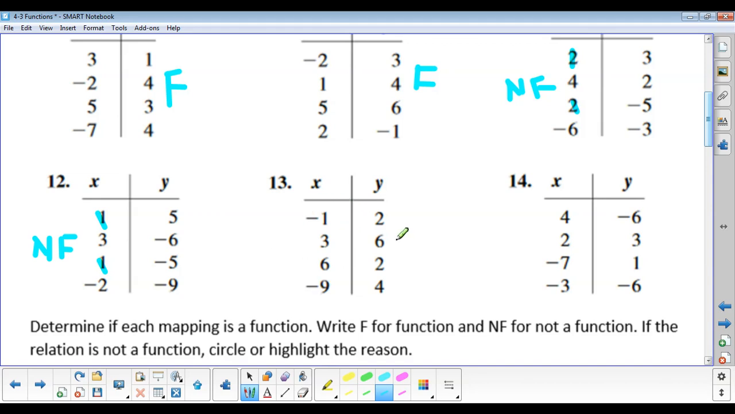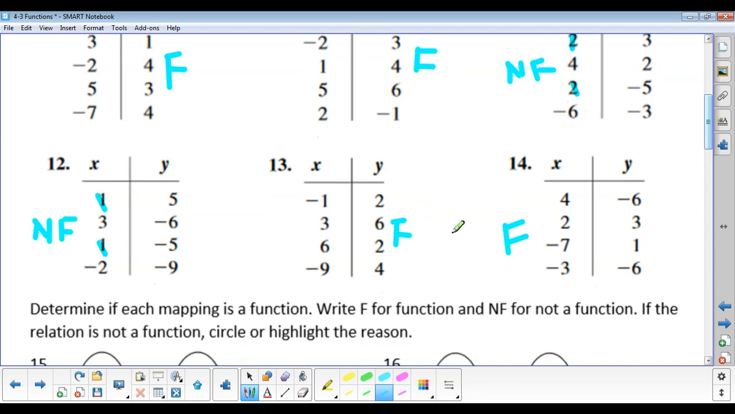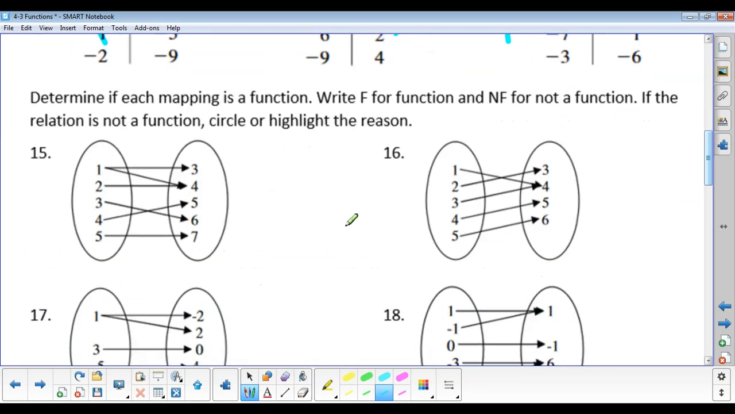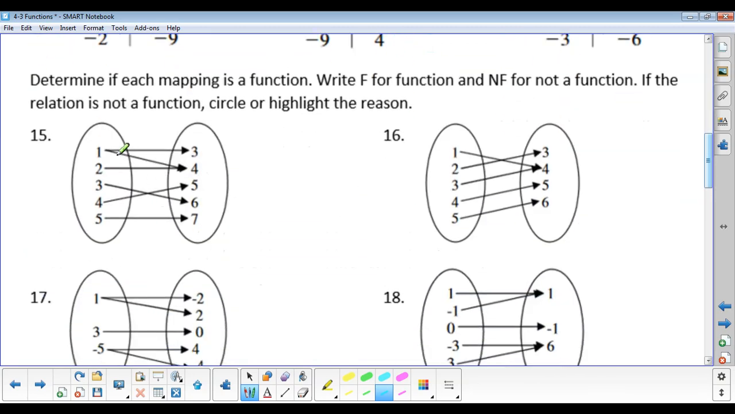All of these are different. Yay, that's a function. And all of these are different. That's a function. All right, we're moving right along. Let's check these out. Oh, I can tell right away. 1 has 2 arrows coming from it. Not